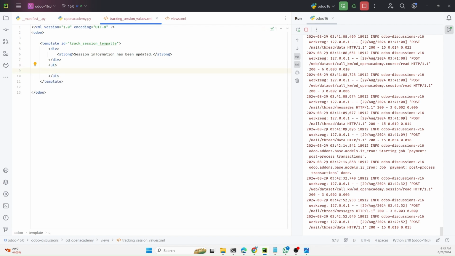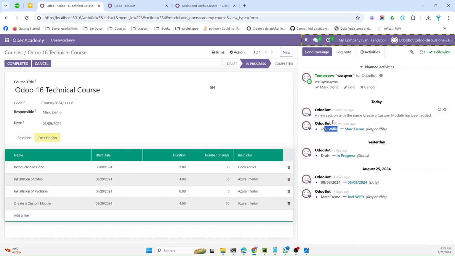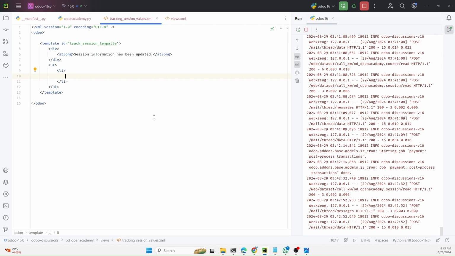Okay, and then I will add li. Okay, like this. Sorry. So here I need to add the values. So what is the value? So first of all, I need to print the name here. I need to show the name, like which session has been updated. So here I can say